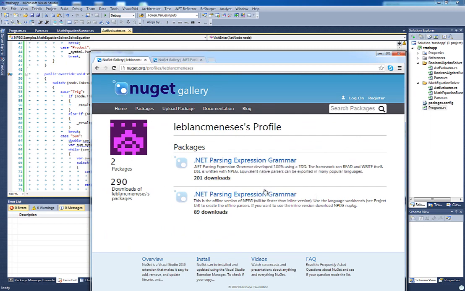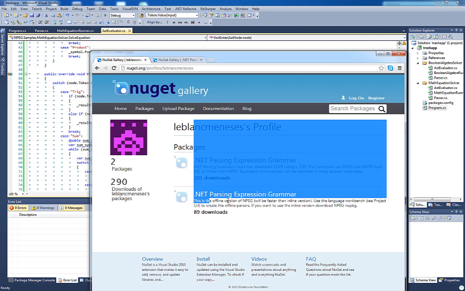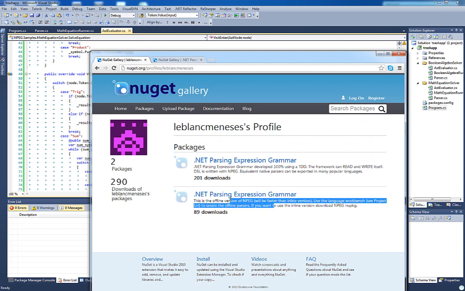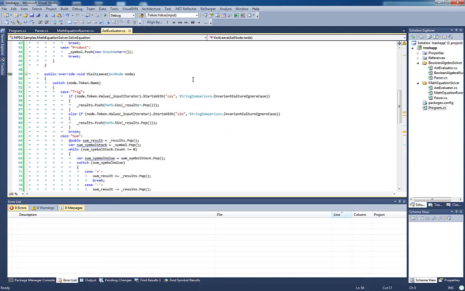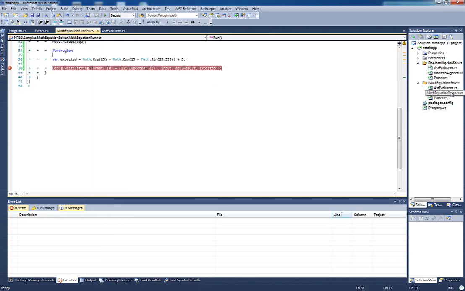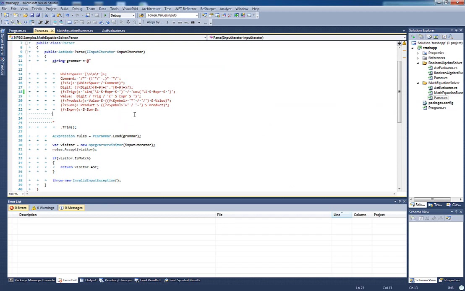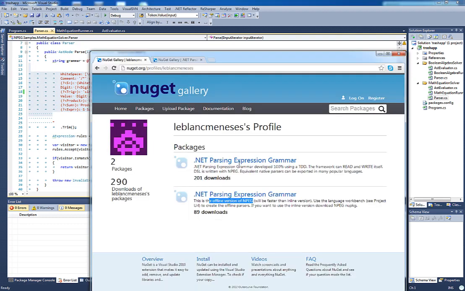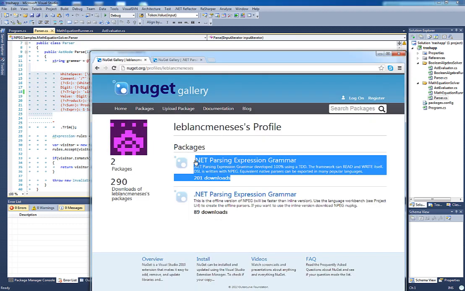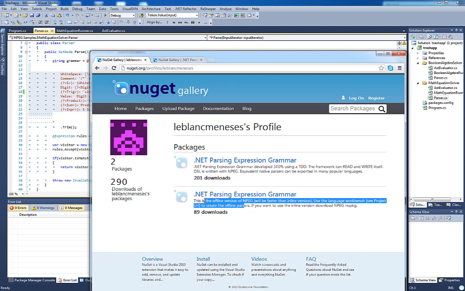Let me right click on this. So actually it says on the description, this is the offline version. One is an offline version, and what I mean about the offline version is you won't be able to use the actual DSL like you do here. If you want to use this here, you have to use this first package here. If you want to use the offline version, which is